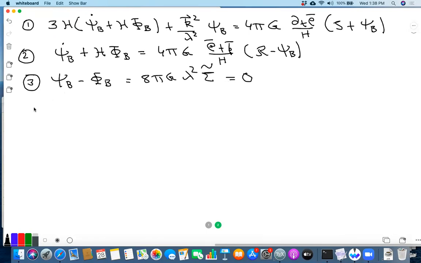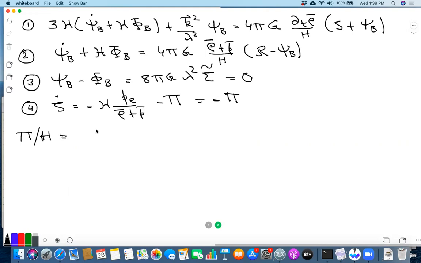This is the perfect fluid condition. And the fourth one is zeta dot is minus H E O. So I'll first write down the general equation and then specialize to the case that we have. Because again P is 0, this is minus pi. And the expression for pi also we had written down last time. This is pi over H. This expression is what we had written. Pi over H is minus k square over